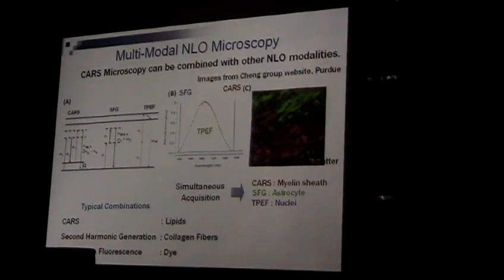This is actually a neuronal cell of a mouse. Somehow this projector just distorted my slide. It's written here, this is basically a neuron cell, a spinal cord cell in the mouse. What they see is, they look at sum frequency generation, two-photon fluorescence, and CARS. CARS is red, it looks at lipid. Whenever you see red here, that means lipid. And second harmonic and sum frequency are very sensitive to interfaces. So the stuff in our cell having the most interface